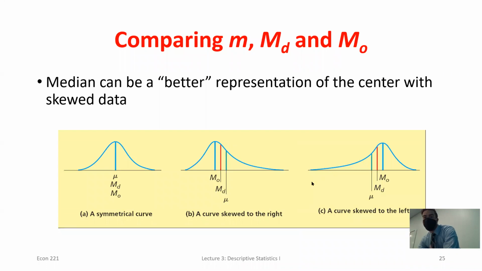Similarly, if we've got a really long left tail, we have a lot of really small values. It's the same effect. Instead of increasing the mean and not impacting the median as much, it's going to decrease the mean a lot, but not impact the median nearly as much. And so we'll end up with the mean being to the left of, or less than, the median, right? So if we have the mean to the left of the median, that's why we say we have a left skewed distribution, okay?